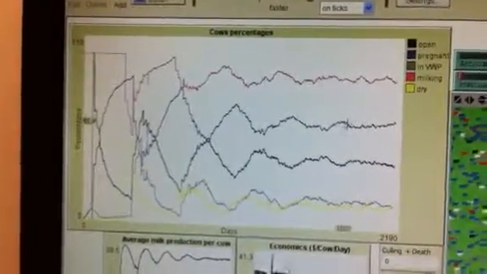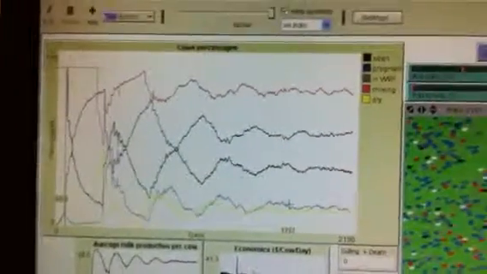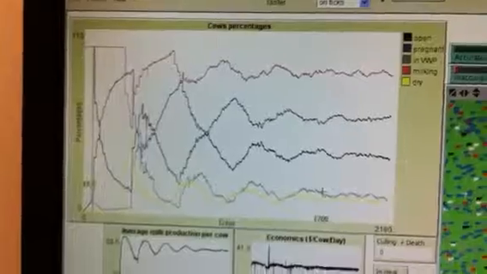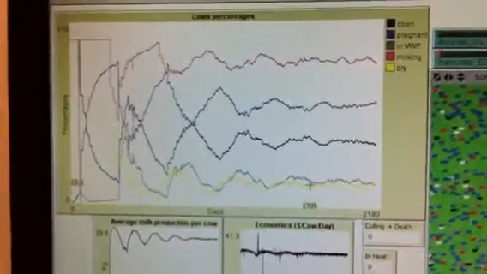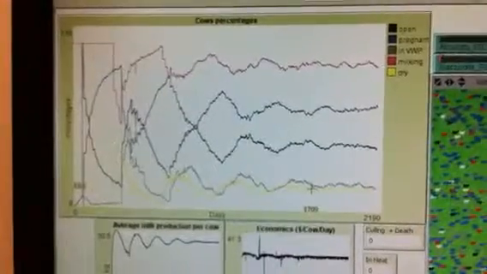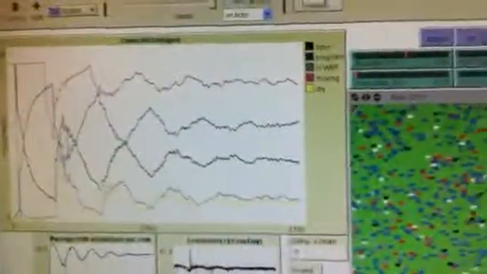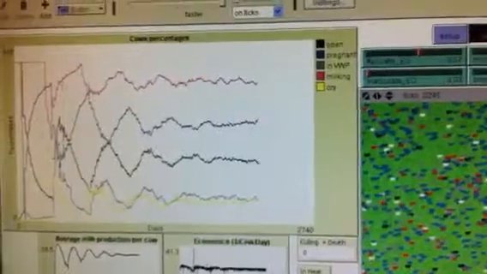These are complementary, so I have 60 here, I have 40 here, and about 17% are milking during the voluntary waiting period, and 13% dry. So I have 87% lactating, I have 13% dry. If I let the model run for a couple more days,